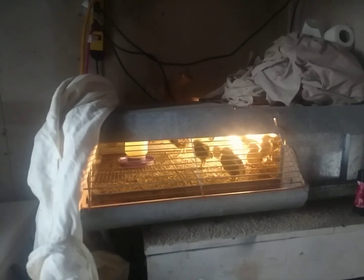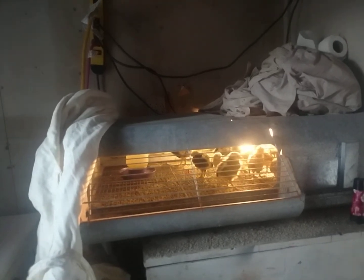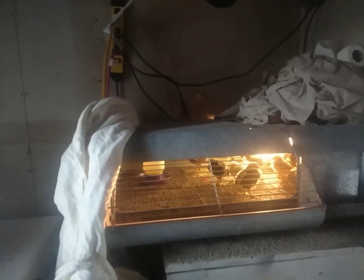I also have, in my husband's shop, he's rewiring for me a 5-stack brooder that is another manufacturer, and I can't think of it off the top of my head. It's a commercial brooder. And I'm just going to end up selling those. I don't need them. And then when the chicks are 4 weeks old,